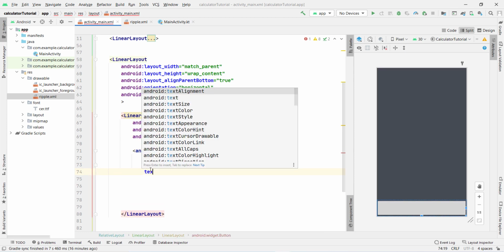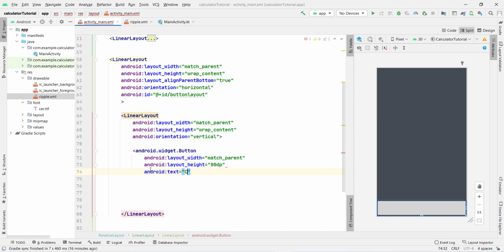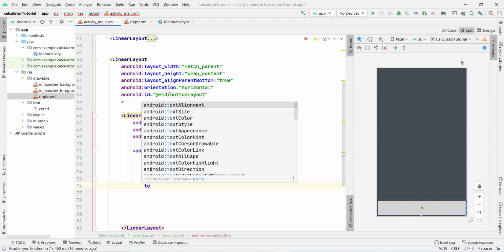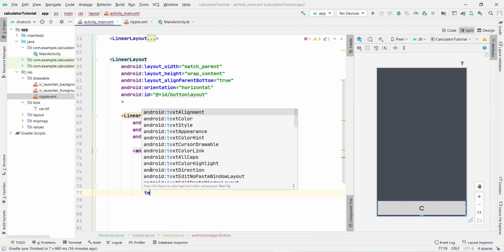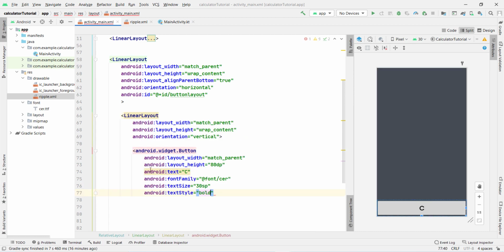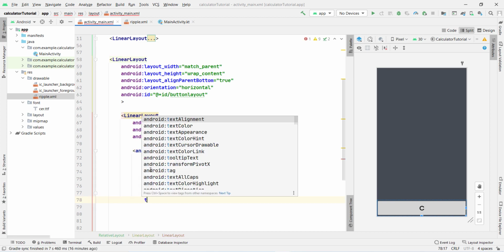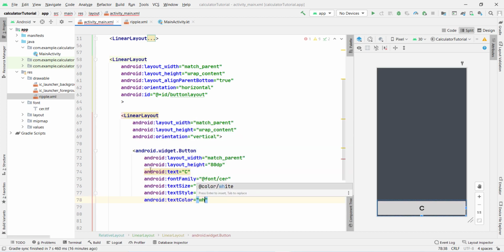Now for now, I can set the text here C. This is the clear button which is present here. Then after this, we have to give the font family. Then we have to give the text size 30 sp. It is fine, and give the text style bold. And give any text color. First of all, give the text color white, and give the background,